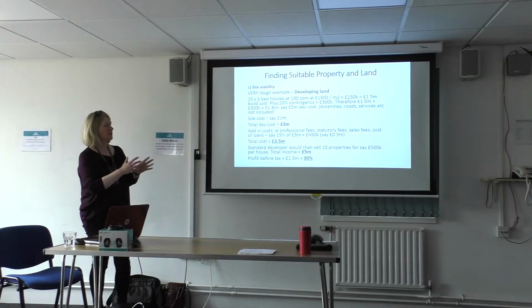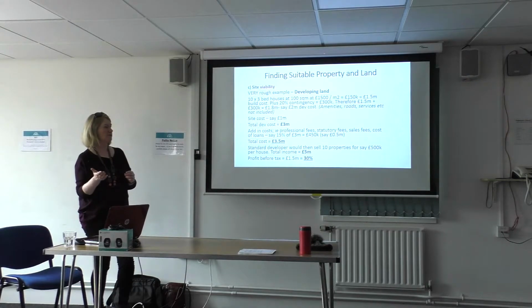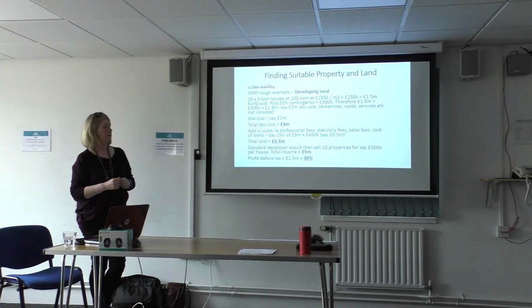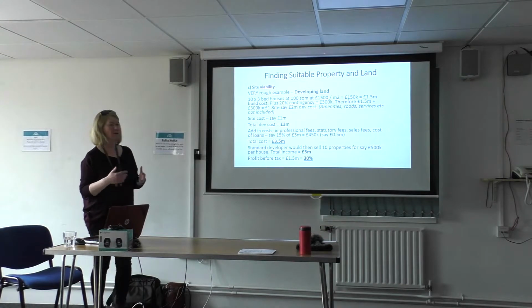And then the standard developer would aim to sell those 10 properties for say £500,000 per house. So the total income once they've sold those would be 5 million. And the profit would therefore be, before tax, 1.5 million. It's quite a simple calculation. That 30% is high as a profit. The developers would probably be looking at more like 20% profit,